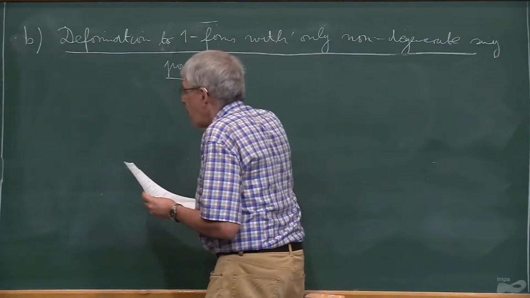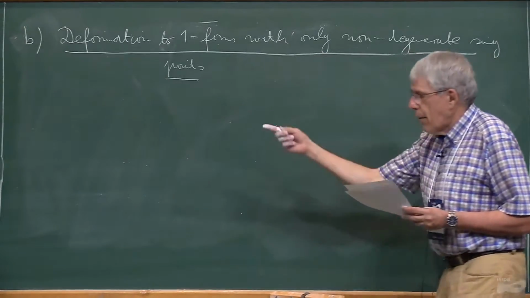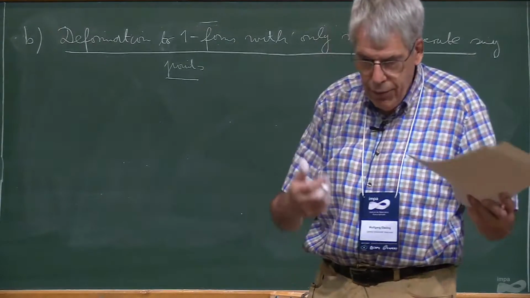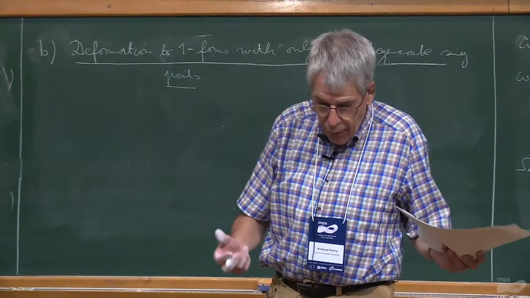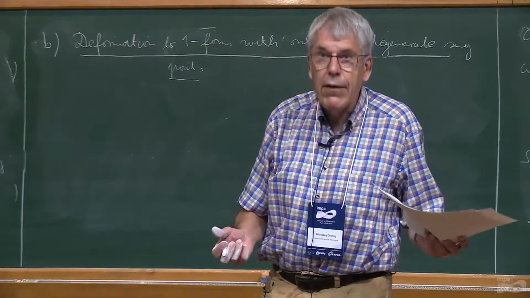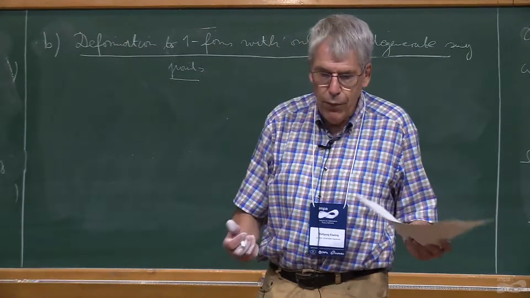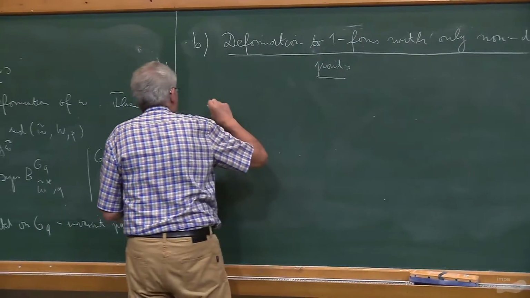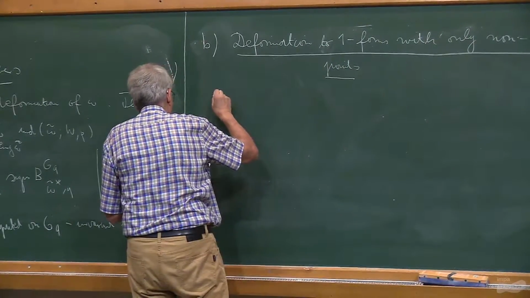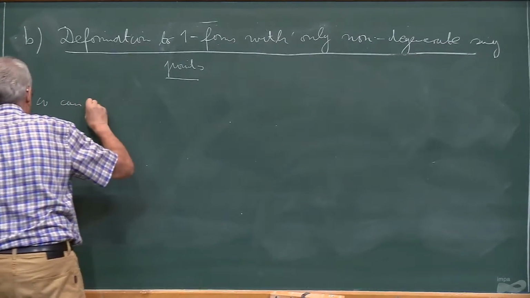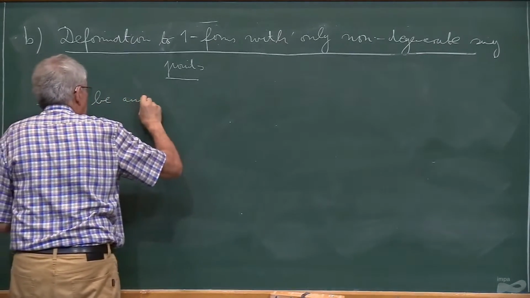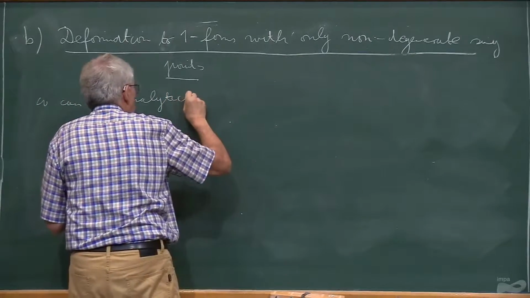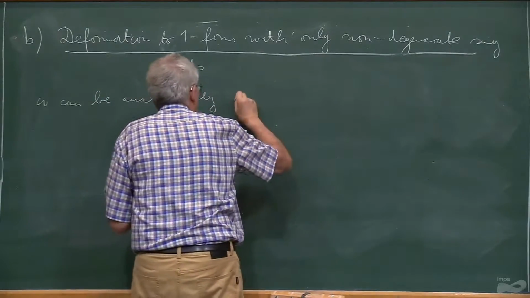So one would, of course, try, if one has these laws of conservation, to deform it into forms with the most simple type of singular points, which is a non-degenerate singular point. So one can show that omega can be analytically deformed